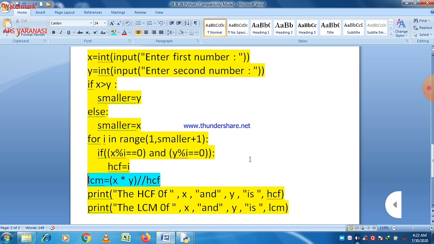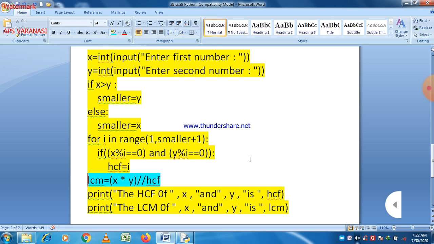And if any other number is not found, then 1 is the SCF. So here you can see that x modulo i is equal to 0 and y modulo i is equal to 0. This condition is checked for all numbers up to the smaller one.